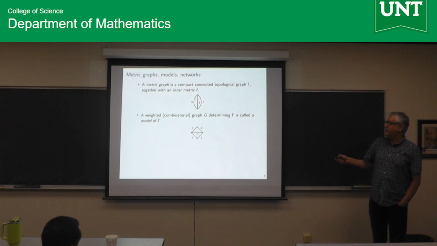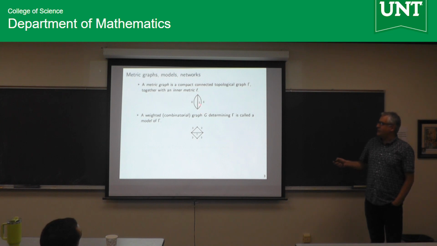And I decided to pick a vertex to the middle left, middle right, and then top and bottom. Sorry, I rotated this 90 degrees. But I'm giving the same information in a combinatorial way so that the computer knows what object I'm talking about. There's a conceptual difference between the two pictures.